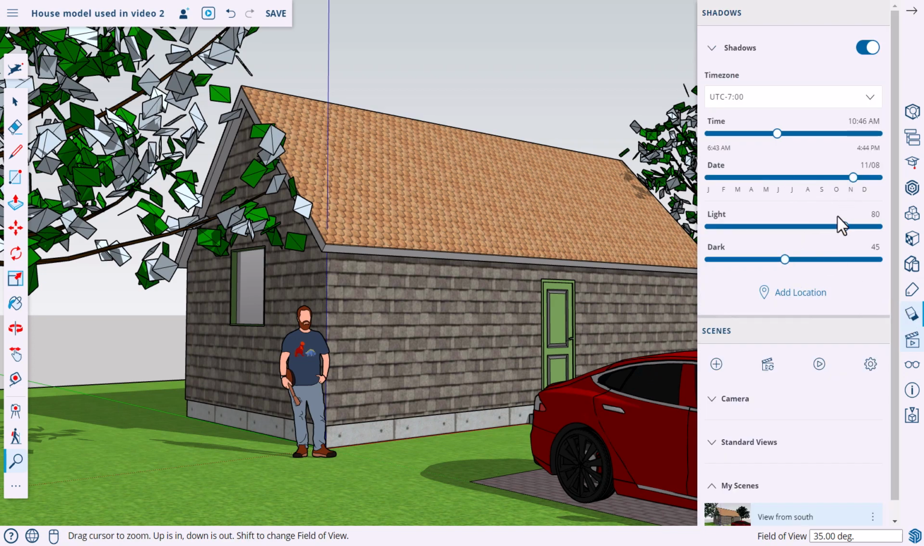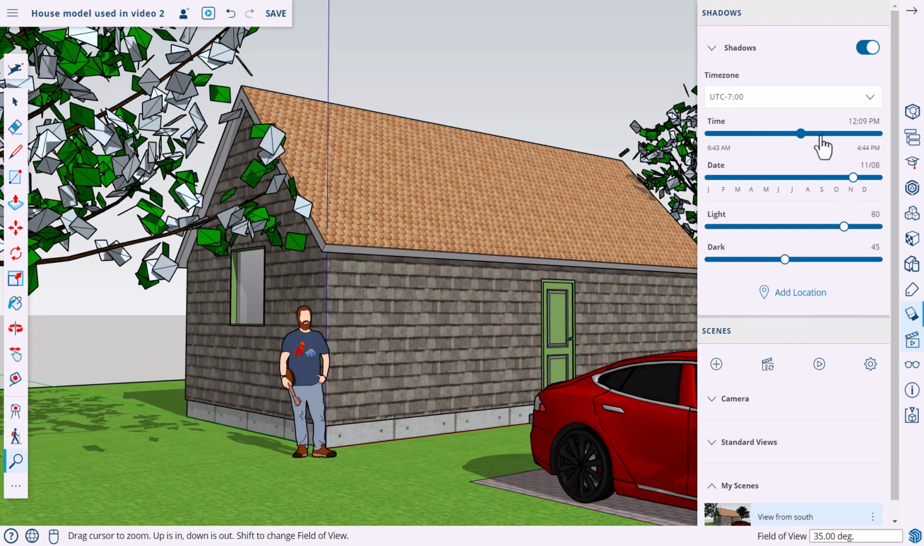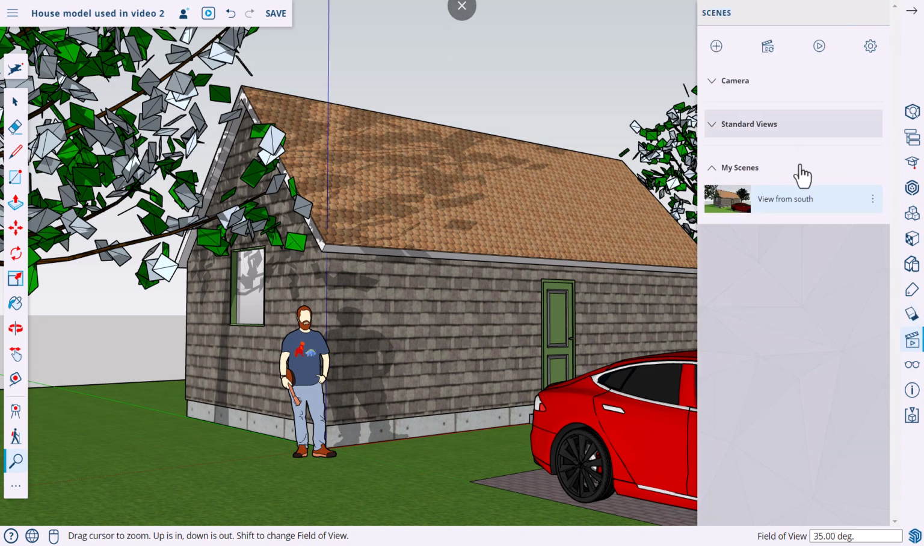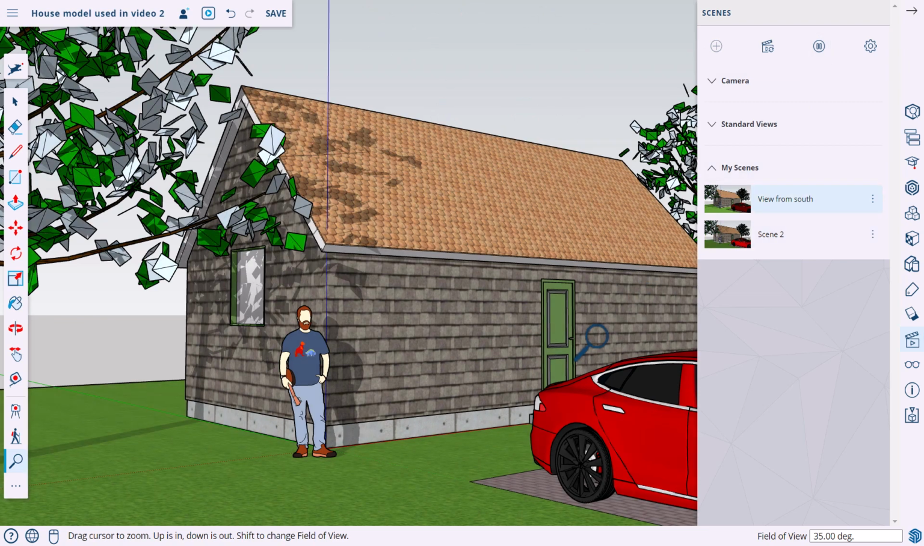I'm going to change the time of day here. Instead of 6:43 a.m., I'm going to make it 4:44 p.m. And I'll just close this menu. I'm going to add a new scene here, and I could even call it view from the night. But now, if I hit the play scenes animation, you should see the sun kind of arc through the sky